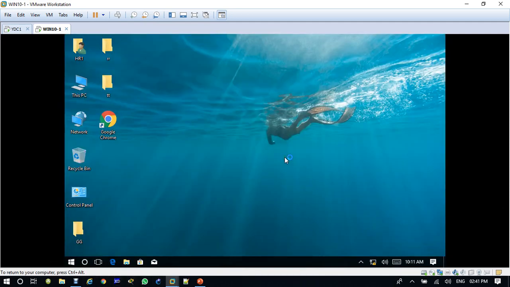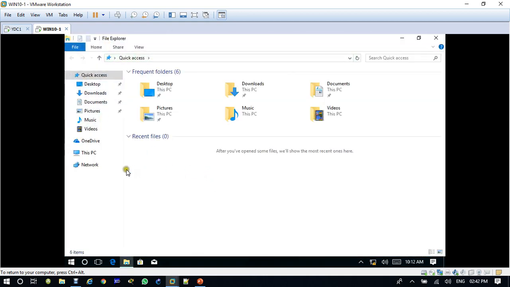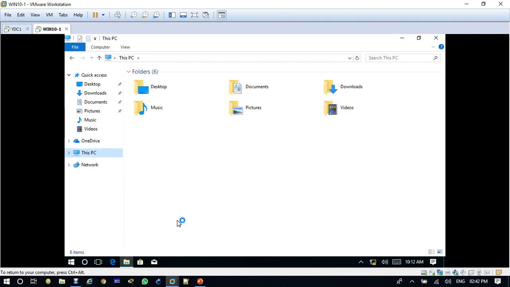Once you log in here, I can show you the user account control settings. Open your computer, or maybe you have some software, maybe you logged in with the HR1 account and you came to the computer and connected your flash drive to this computer.